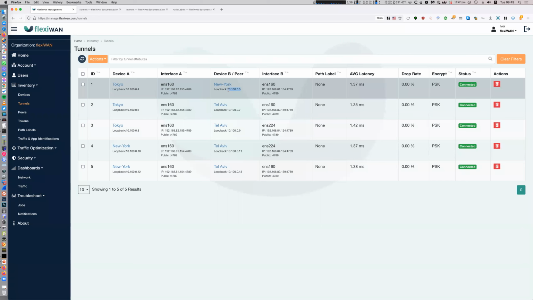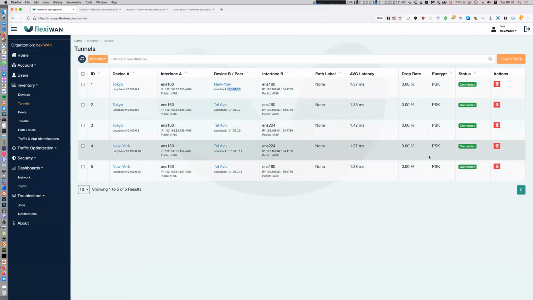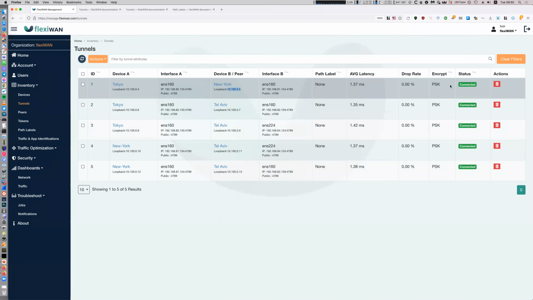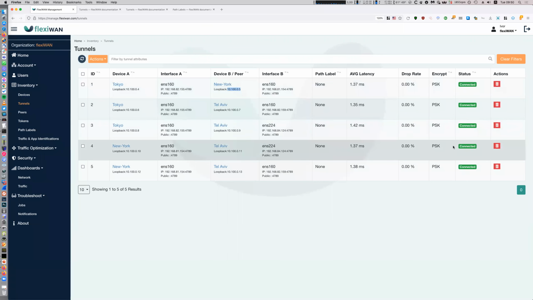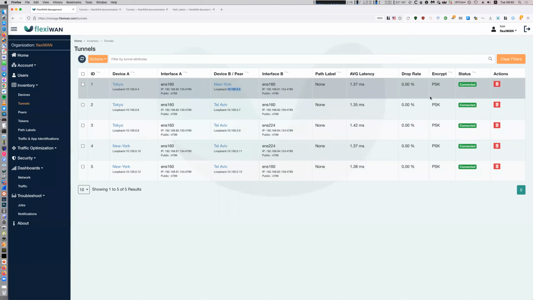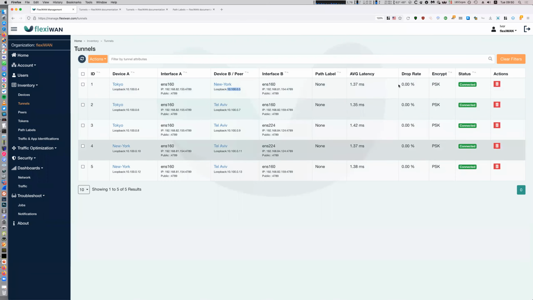Of course, the other information here is pretty self-explanatory: latency, the drop rate, the encryption type, which we use by default now, is the default one, which is pre-shared key. But if you would have used IKE or no encryption, you would also be able to select it. You will also be able to see it, and of course, the status, which is connected. So moving back now,